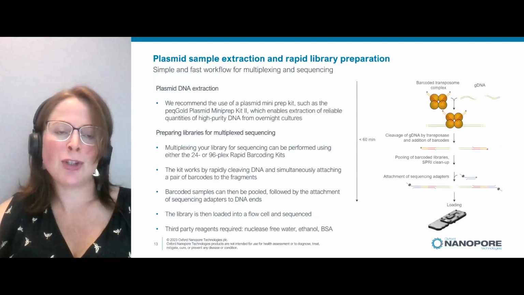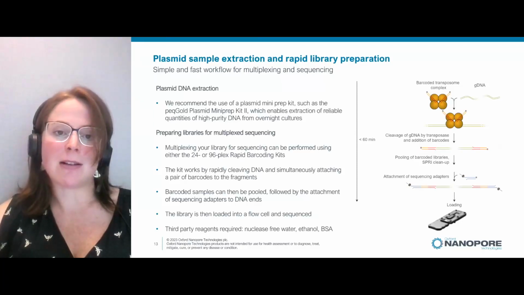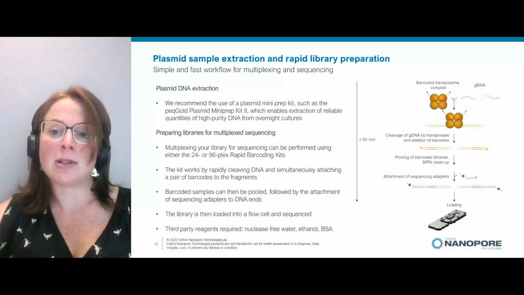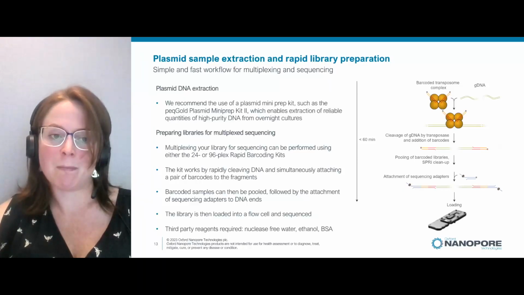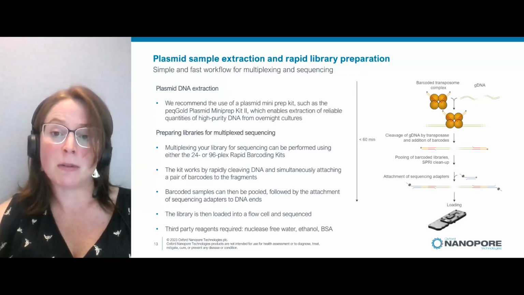So going into a little bit of detail now about how our rapid barcoding kit actually works. As I mentioned, the input is the DNA that you've gotten out of your mini prep kit or plasmid purification kit, of which there are a range available. And you take this and you slot it straight into our library prep kit. So we offer either 96 or 24 barcoding formulations of our rapid barcoding kit, but they both work by the